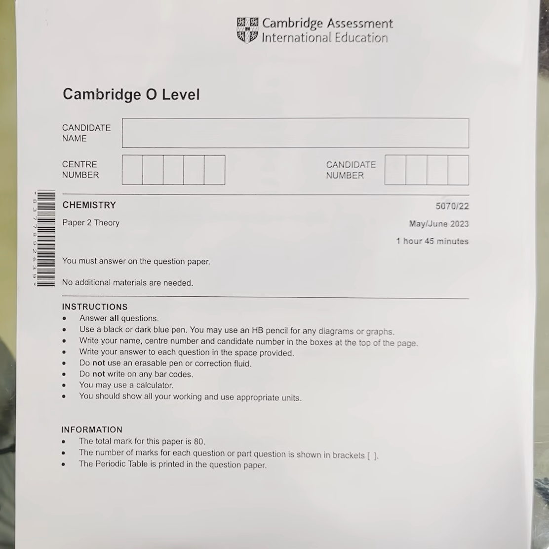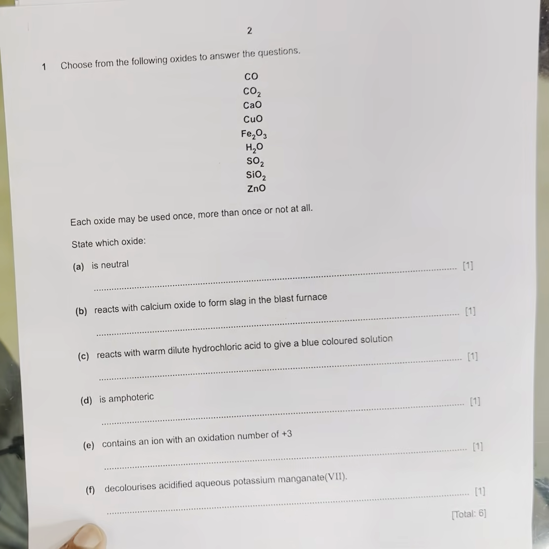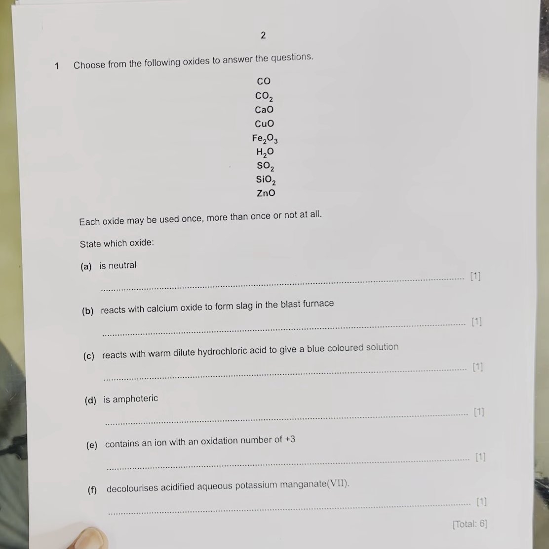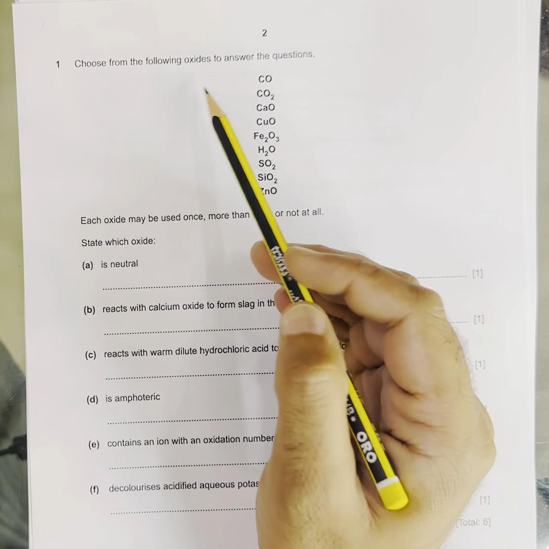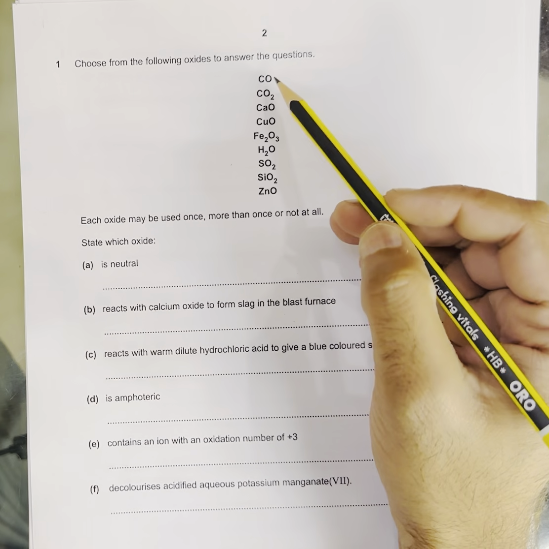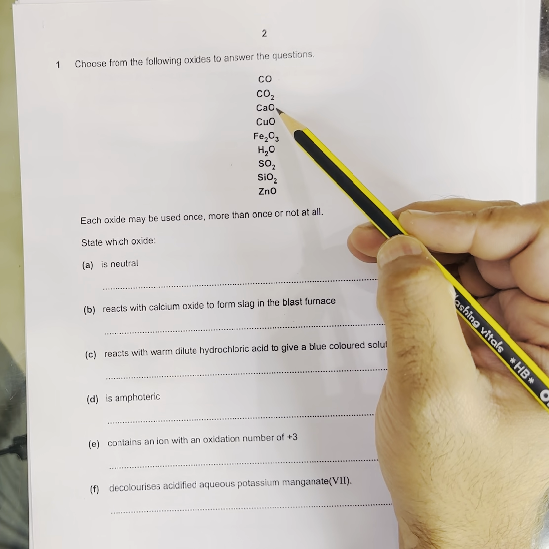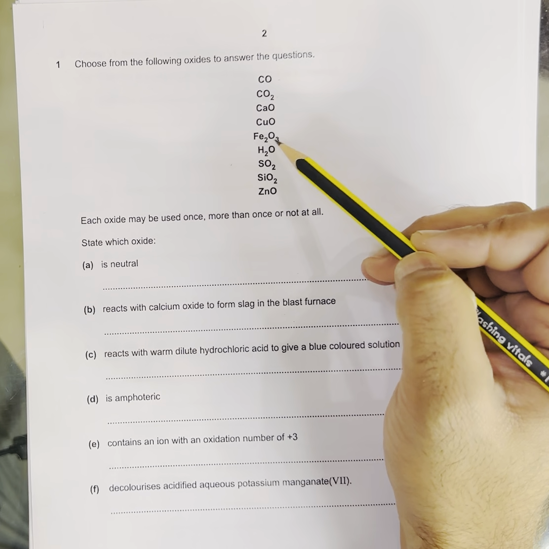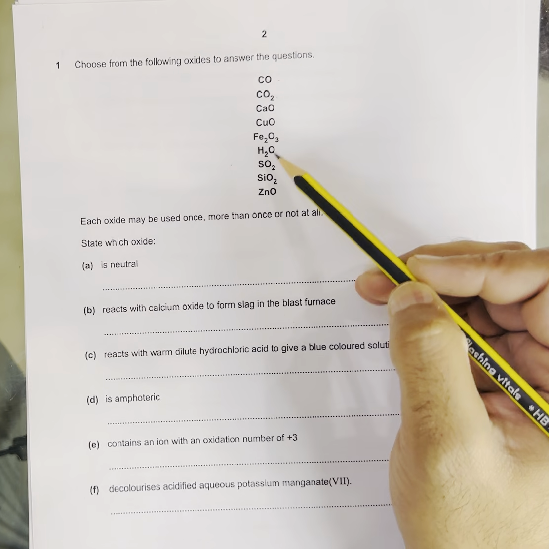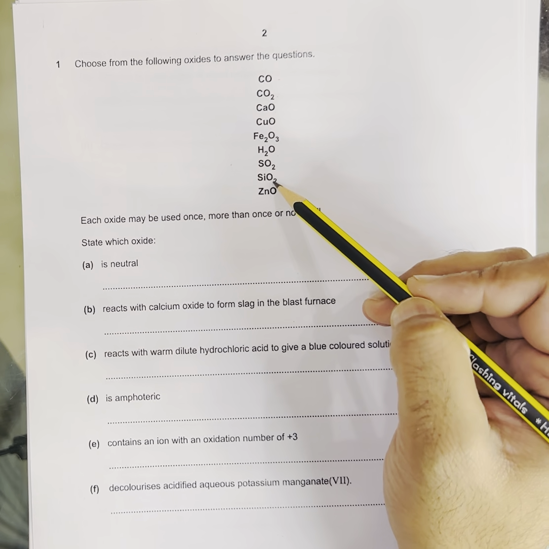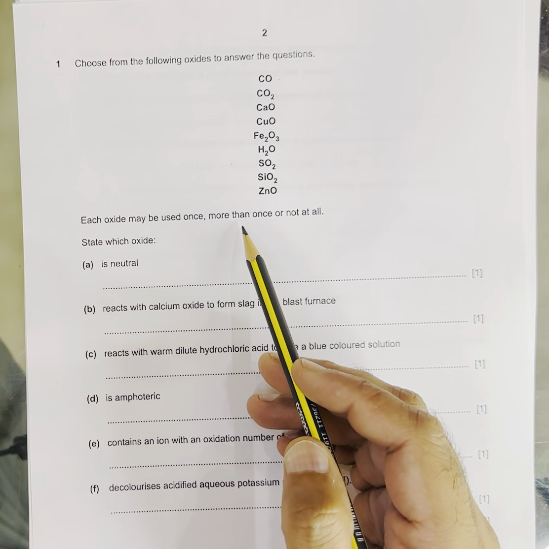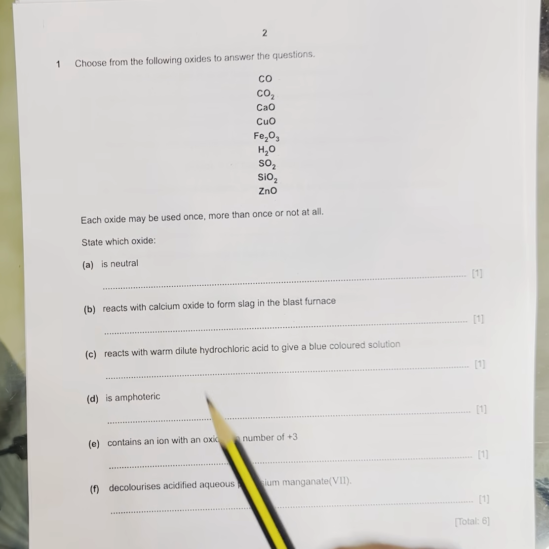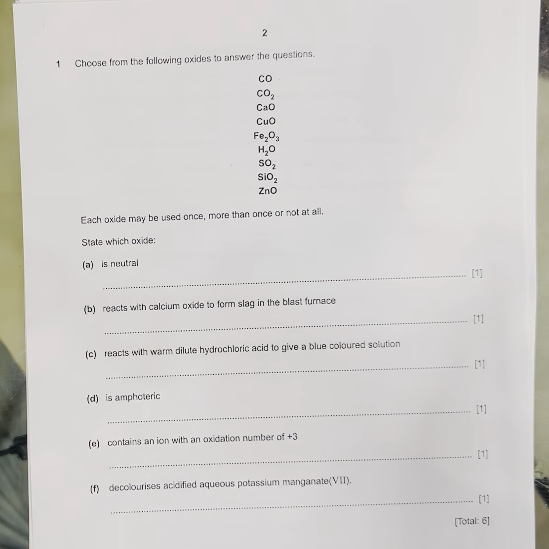Let's start the paper. We have question number 1. Over the years, this is the pattern of the question. Choose from the following oxides to answer the question. We have carbon monoxide, carbon dioxide, calcium oxide, copper oxide, iron oxide, water, sulfur dioxide, silicon dioxide, and zinc oxide. Each oxide may be used once, more than once, or not at all. State which oxide is neutral. Obviously, we have water. For the answer,